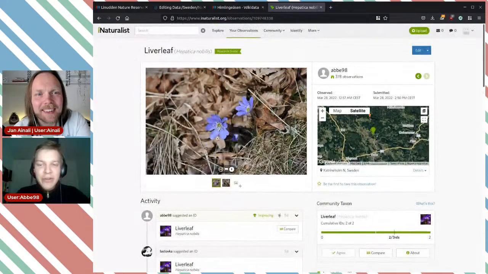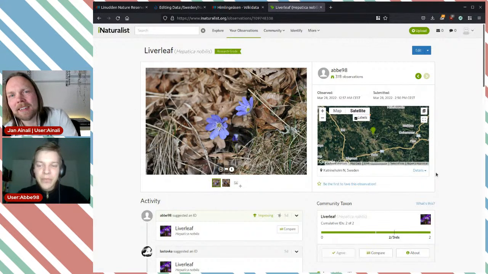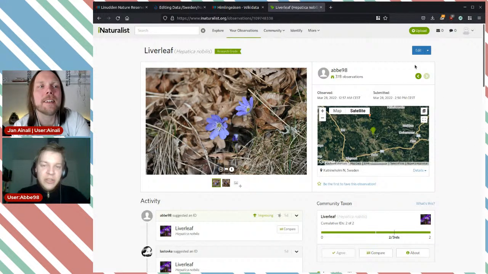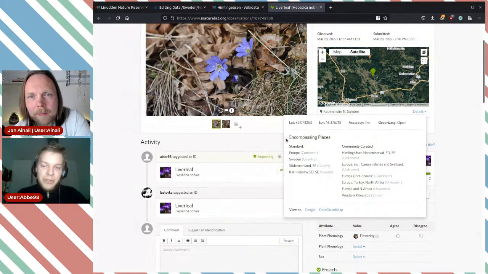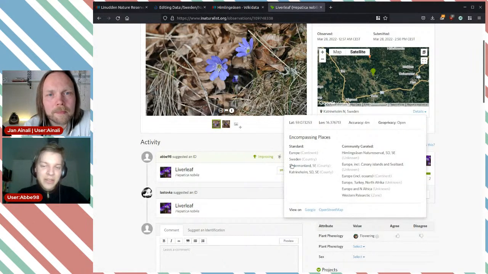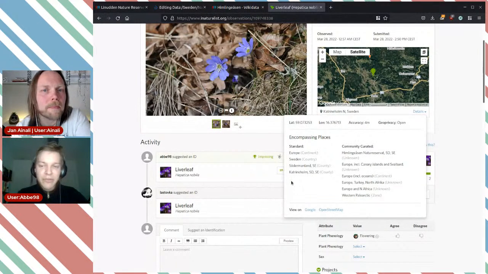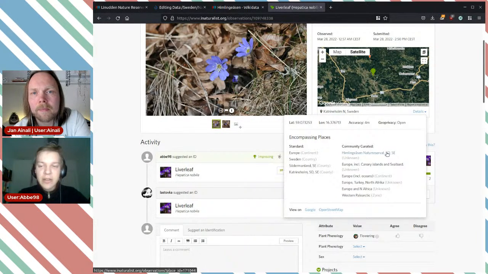that's an observation. And if I want to find my way to this nature reserve, which is connected to Wikidata, it's not really displayed here easily. But here's the general location under the map, and it says details here. And if I click here, we can see a lot of related places. Some of them are like the continent or even Sweden, and just the administrative levels, like official ones. But then we can see the community-created ones as well, like this one, which is linked. So if I click this,